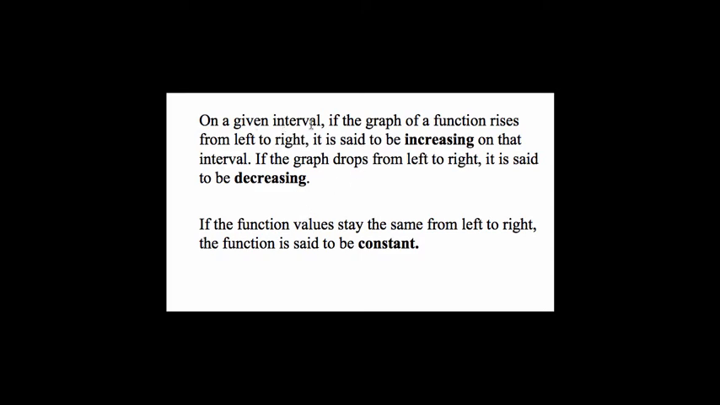So on a given interval, if the graph rises, so if you go from left to right and it goes up, it's increasing. If it goes down from left to right, it's decreasing. Otherwise, if it stays the same, then it's a constant function. So the next part of that, I apologize for the little bit being cut off,